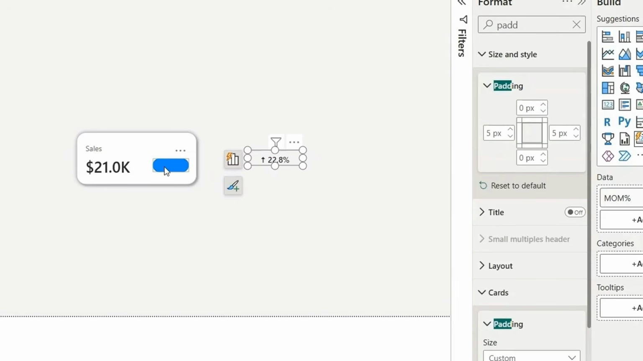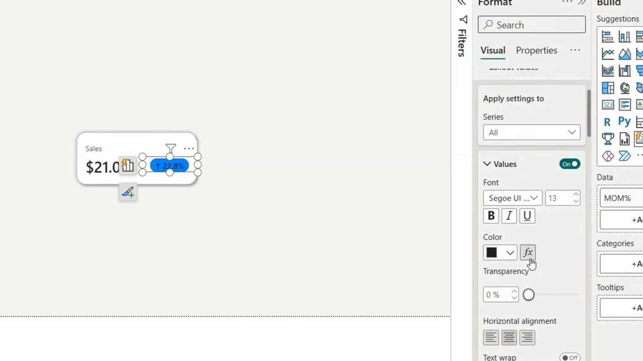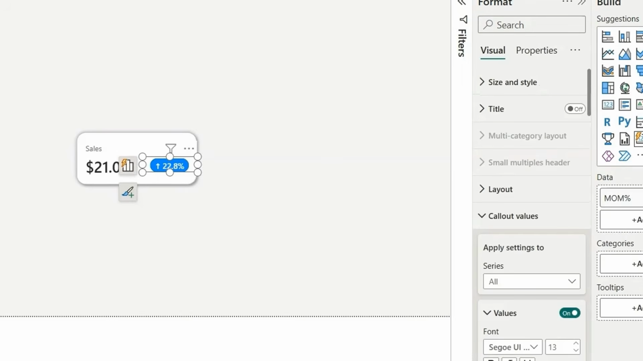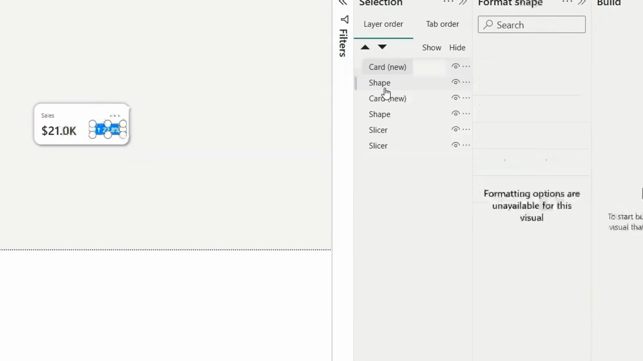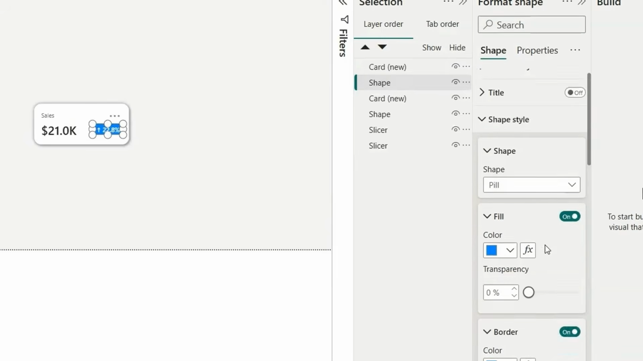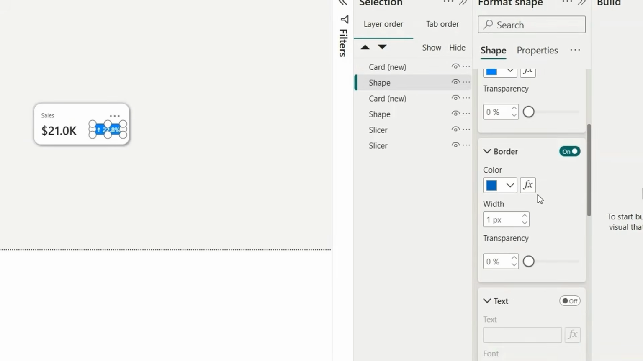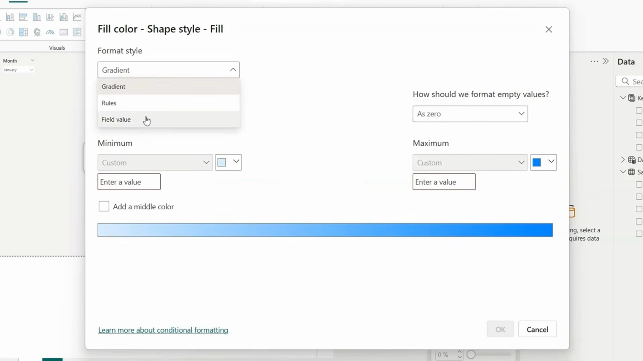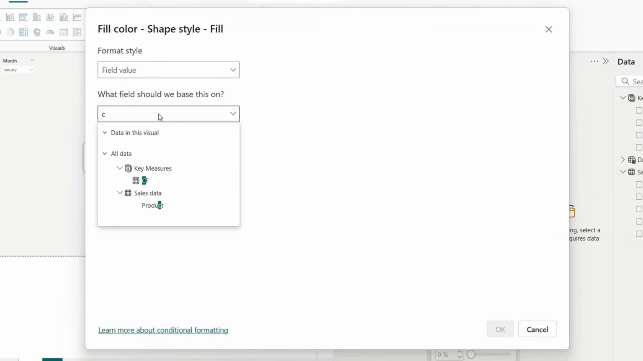We can use this here. Let's make this a little bigger and we can use it here. So this value should be white in color. So let's go to the callout value again and make it white. Next, for this background, let's go to the selection pane, and for this shape background, we'll go to the shape style, and in the shape style, let's turn off the border, and for the fill, we can add a conditional formatting and use the field value and choose the conditional formatting measure which we have created, this one,